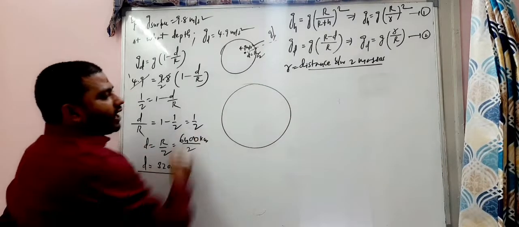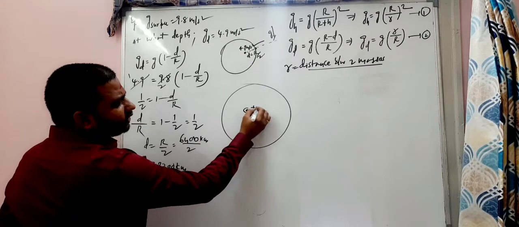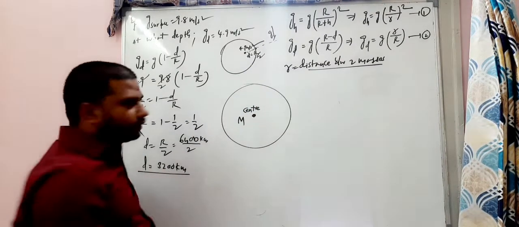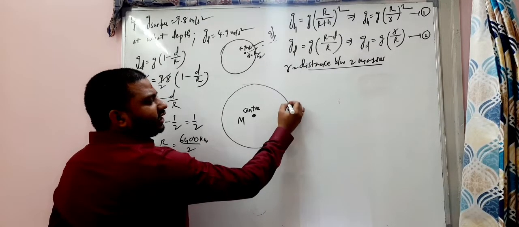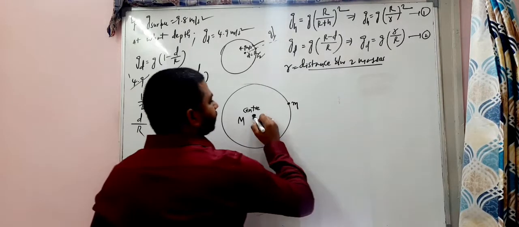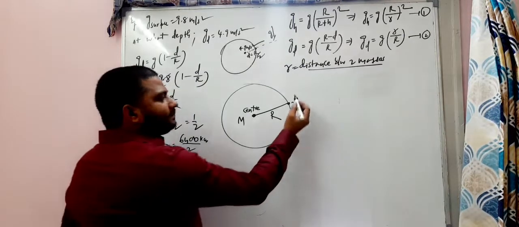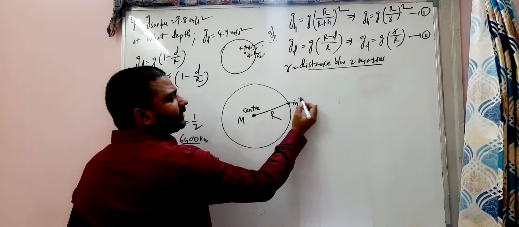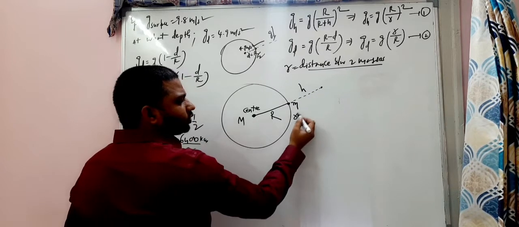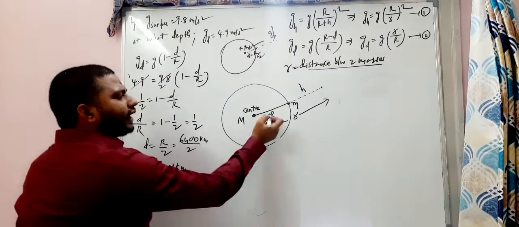Observe. This is the center of the earth. The mass of the earth lies here. Initially, this is the mass, and the distance between the two masses is capital R. Now I'm taking the body to some height. This is the height, so this is small r, which I have considered equal to capital R plus small h.